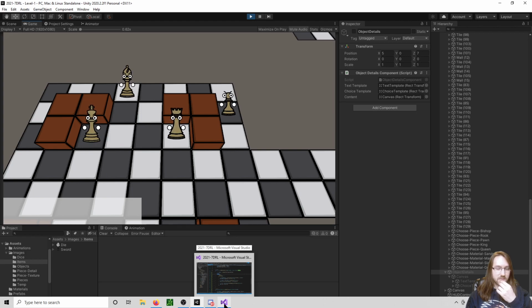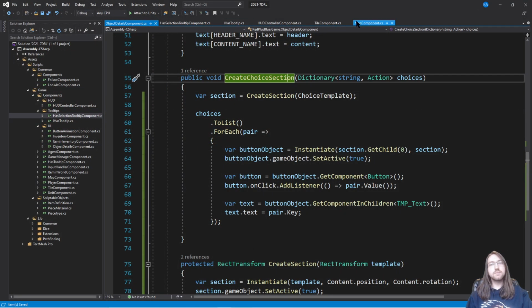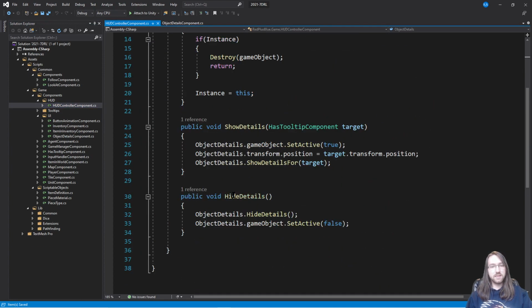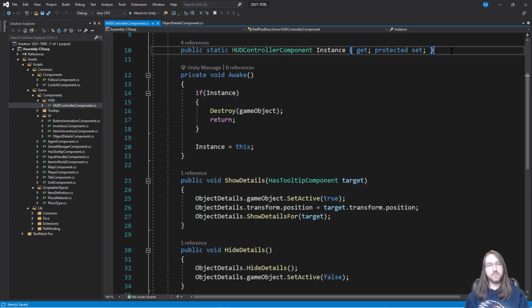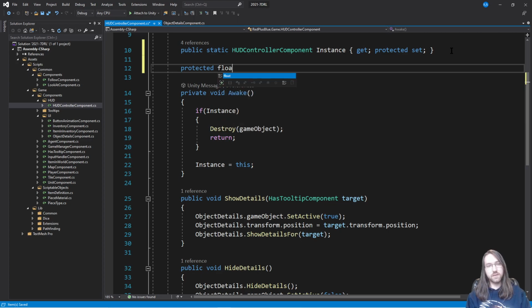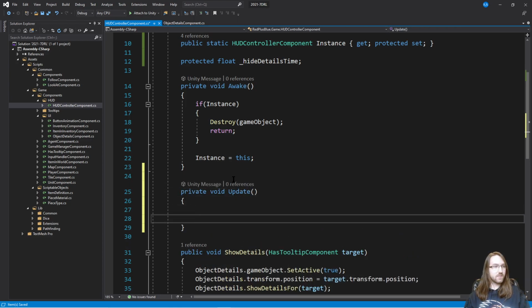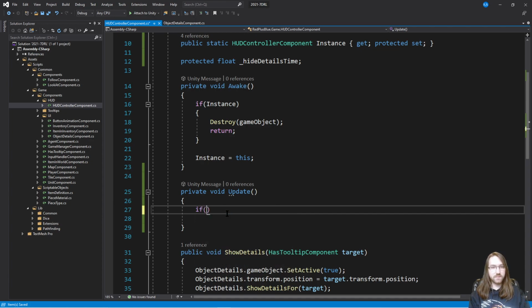We'll have to create a delay of some kind. So that will be in the Hud Controller. One of the advantages to actually calling the hide details in the Hud Controller is that we can have a timer here. So we can say a protected float hide details time. And in the private void update, we can say if time.time greater than hide details time,